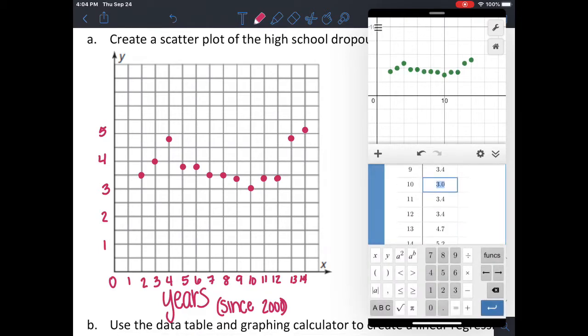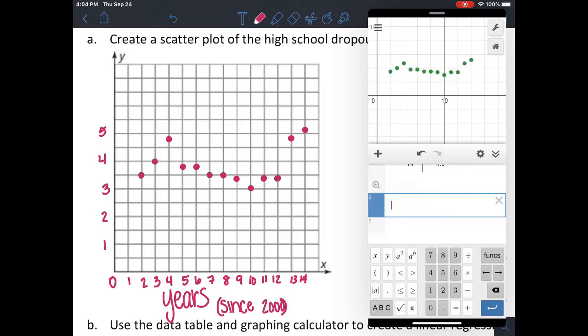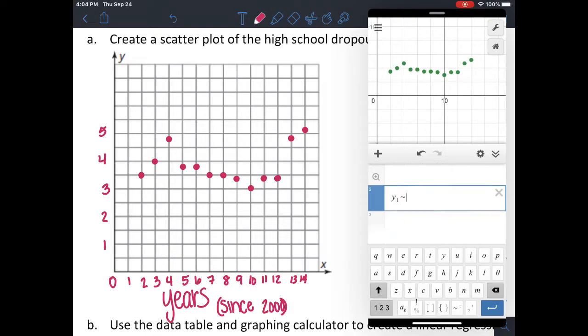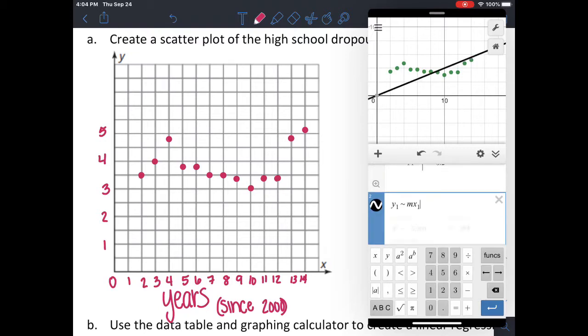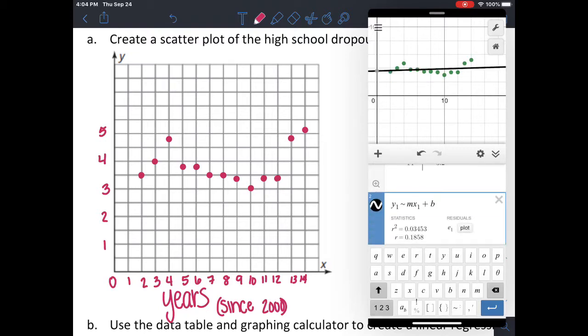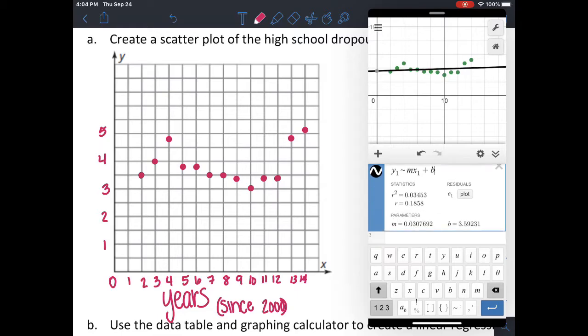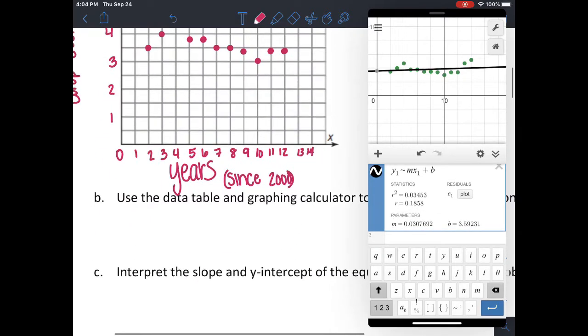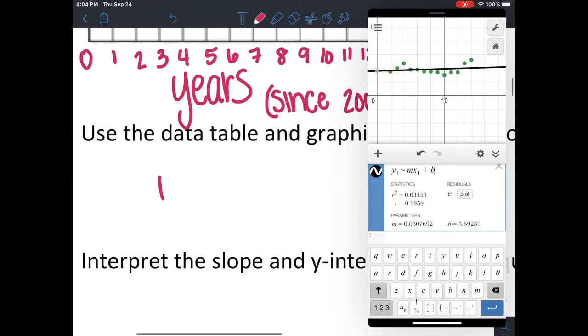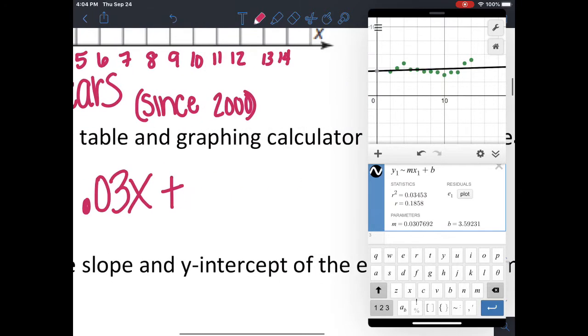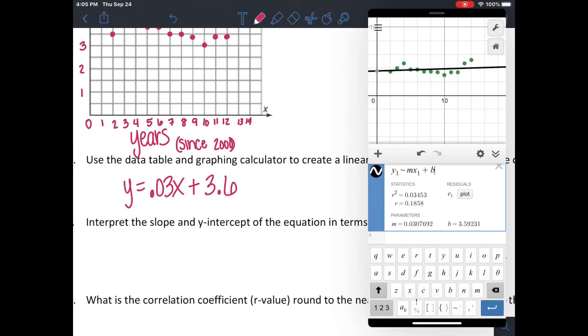So then scroll down to our next line and we'll type in our linear regression equation, which is again y1 ~ mx1 + b. And we have our m value, we have our b value. So I will plug those in. So we have y equals m, which is 0.03 x plus b, which is 3.6, we'll round to 3.6. So our next step is we want to